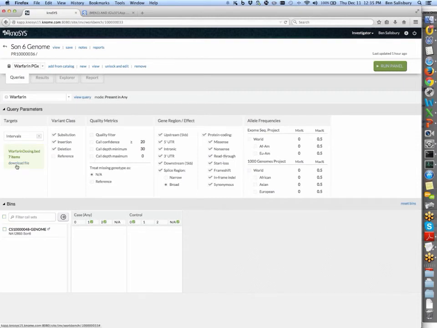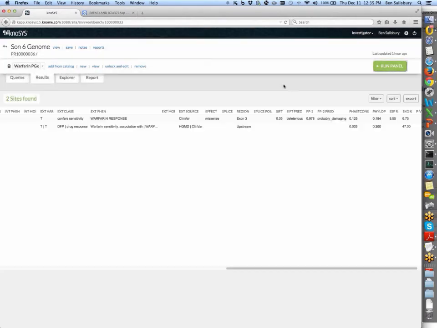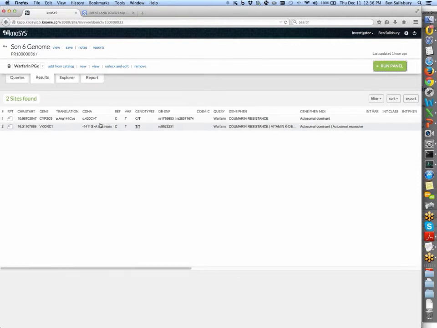And effectively, I turned off all these filters. I just want to see whatever is found in this genome. When I mark him as a case and run the panel, it searches across the genome and very quickly finds the things of interest. And in fact, a couple sites come out that have these external records of relationship to warfarin response or sensitivity. And these are the 2 most common variants of concern: the CYP2C9 star 2 allele and this VKORC1 promoter variant.